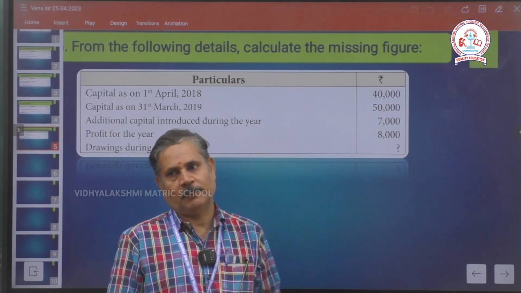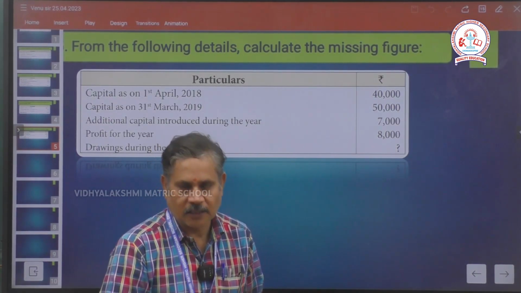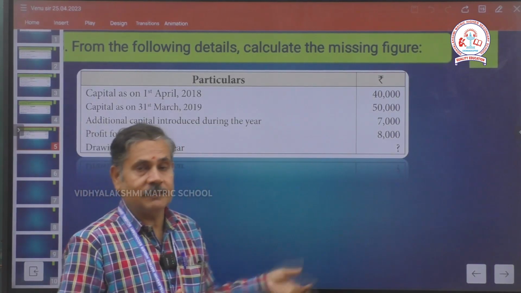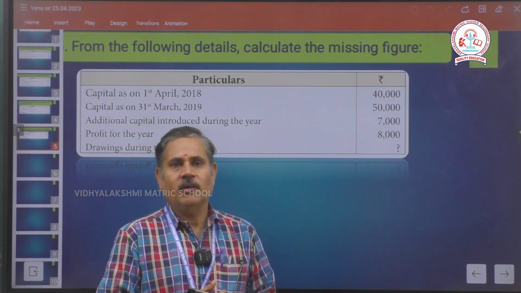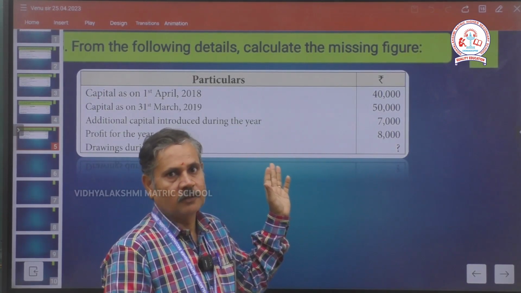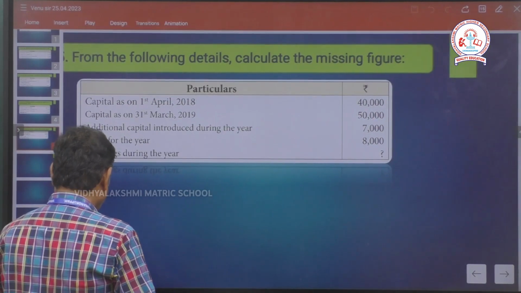Find out the closing capital. So we can add all less with addition drawings. But here we can add all less with closing and find out the answer of drawings. Are you clear? Now we can discuss about this sum. How to do? Right. See the board, my dear student. First we will take